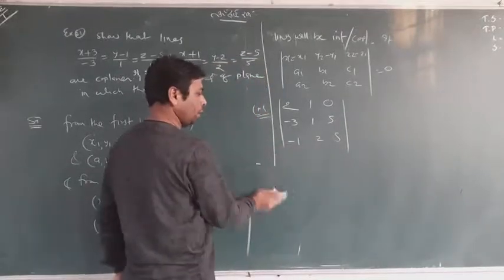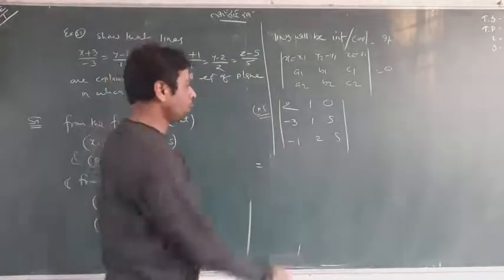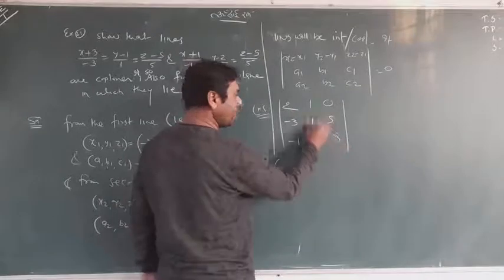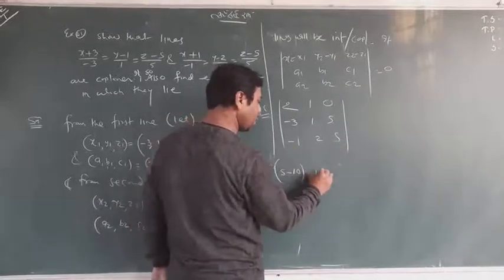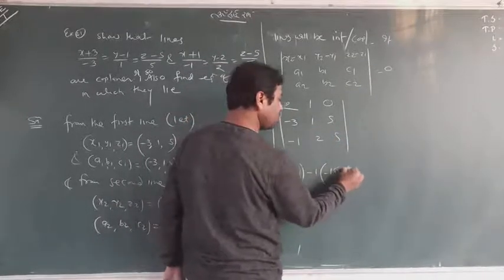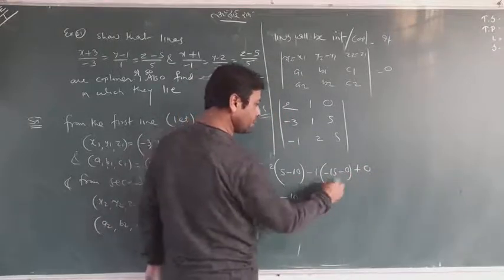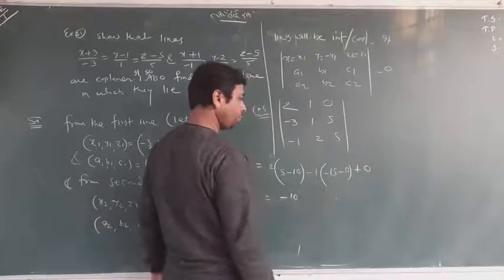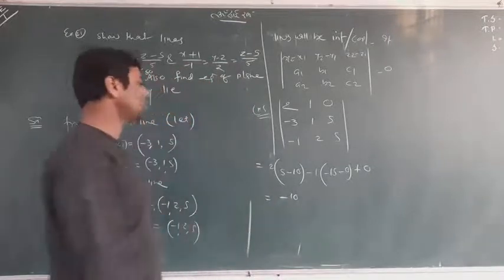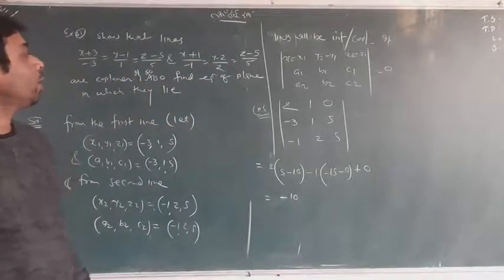Now can you solve and get your answer? Meaning to expand it. 5 ones are 5, 5 twos are 10, -1, -15, 0, plus 0. You know, 10, 5, 5 twos are 10, and this is gonna be... somewhere I made a mistake. Can you catch it? Look at it again.